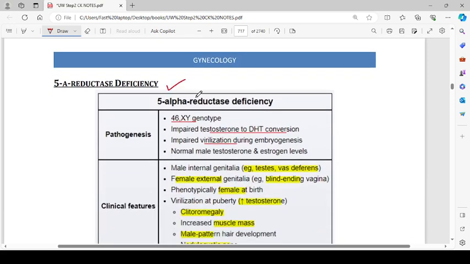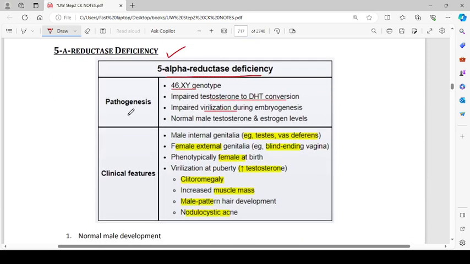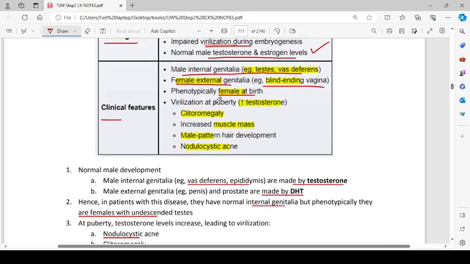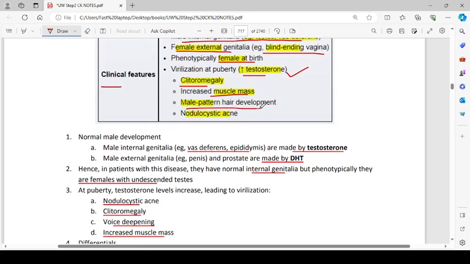5-alpha reductase deficiency. The pathogenesis is 46XY genotype, impaired testosterone to DHT conversion, and impaired virilization during embryogenesis; normal male testosterone and estrogen levels will be there. The clinical features are male internal genitalia, for example, testes and vas deferens, female external genitalia, for example, blind ending vagina, phenotypically female at birth, virilization at puberty because of increased testosterone, clitoromegaly, increased muscle mass, male pattern hair development,